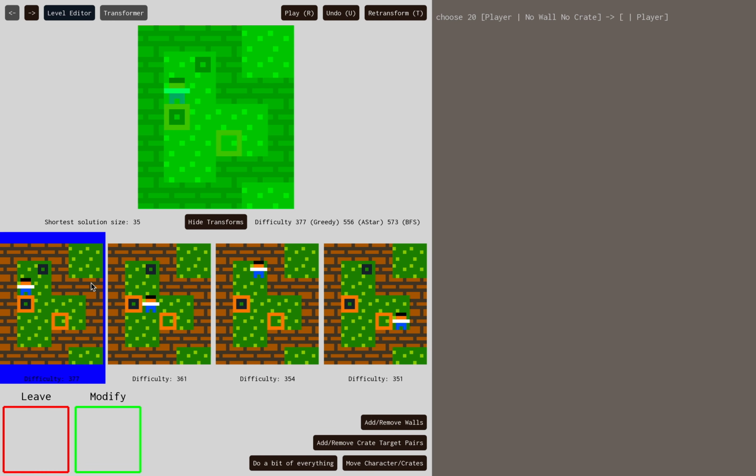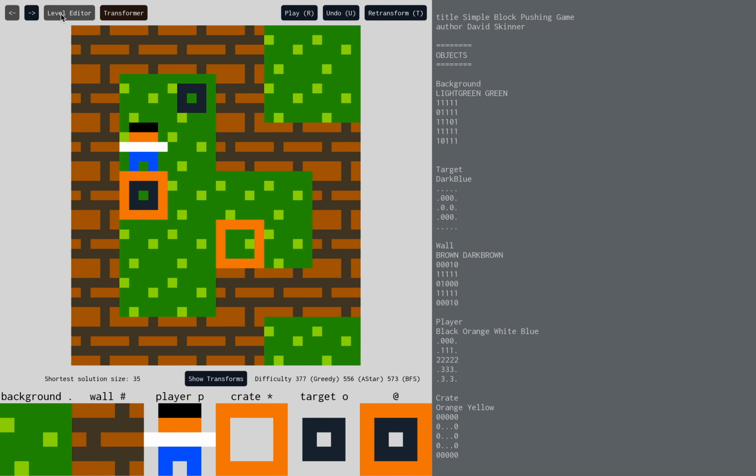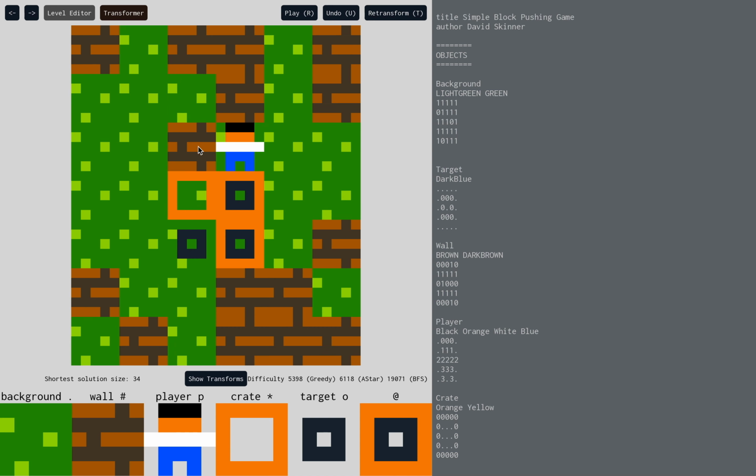So I'm not surprised that this is considered one of the hardest starting positions. So let's go back to the level editor. And now we have this level where we changed the player position, and this level where we, well, added the crate here, which made this level surprisingly a lot harder. Okay, so far all we did was we took existing levels and we tried to make them more difficult with